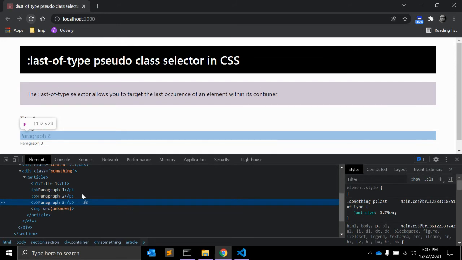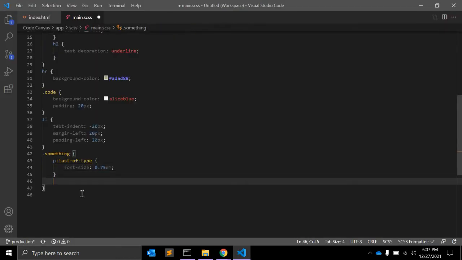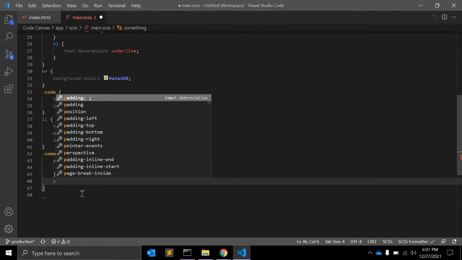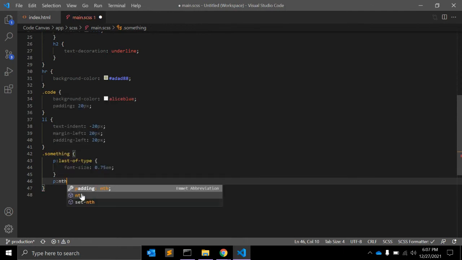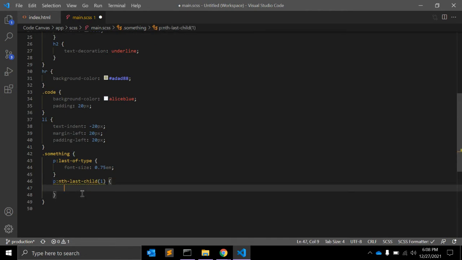This is less specific. In the example, if we had used p:nth-last-child, we could write 1 and also write CSS here, but nothing would happen because the paragraph is not the last child of its parent article.